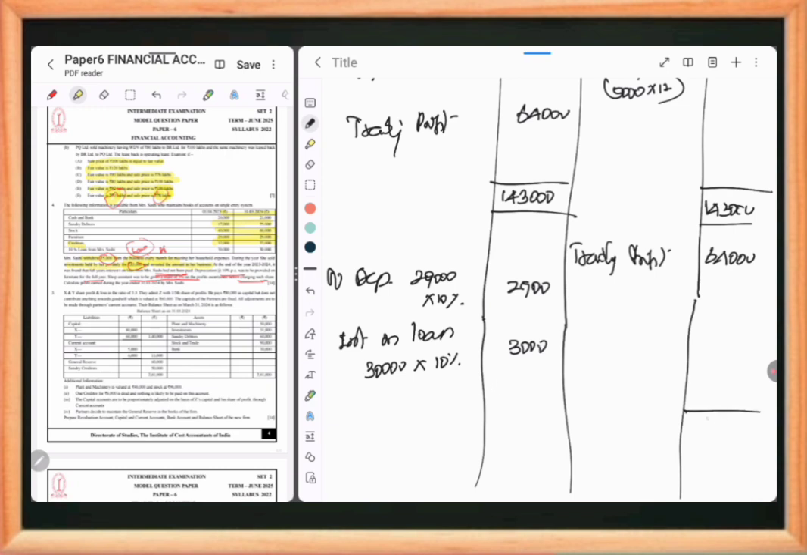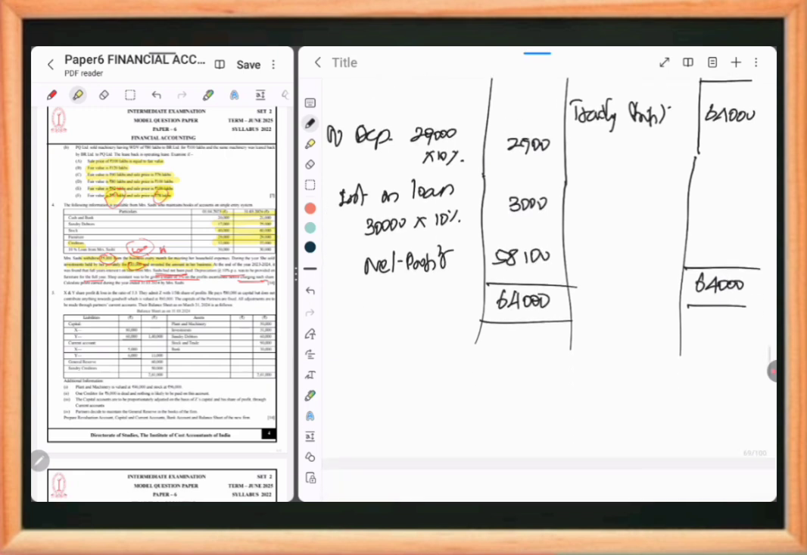And then if we balance 64,000 minus 2,900 minus 3,000, that is 58,100. That is net profit, 58,100. Up to net profit you have to find out the profit and loss account. After that, the profit and loss appropriation account. So by net profit